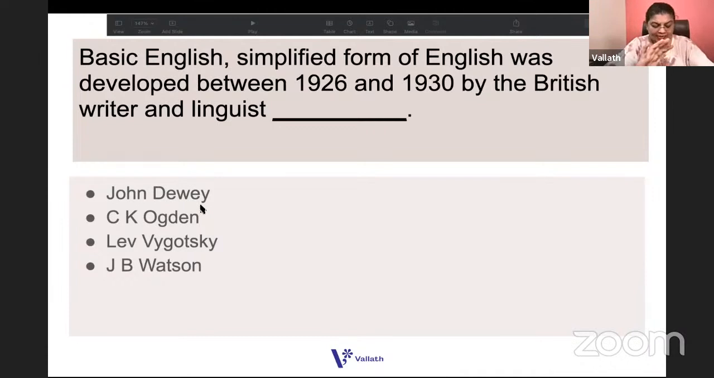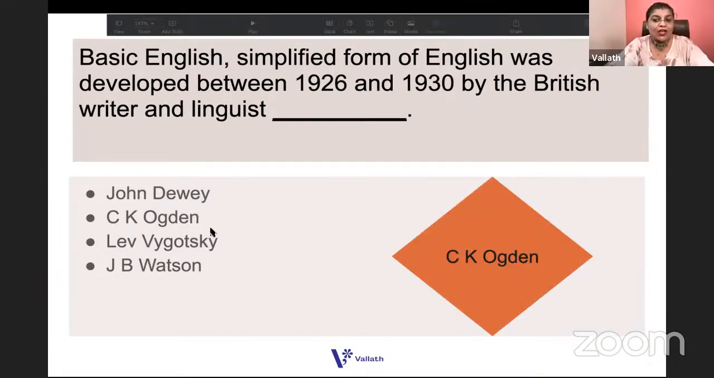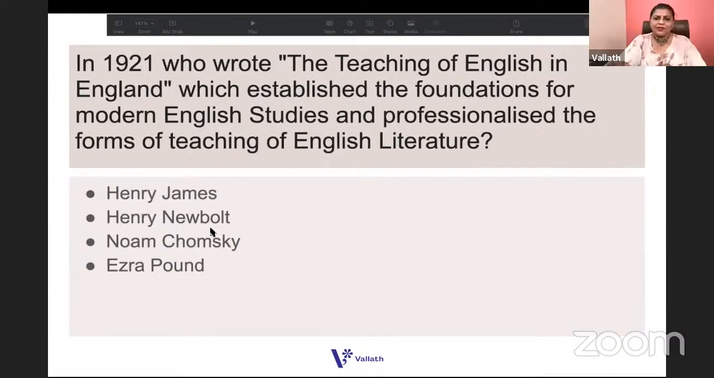And it has only 850 words. Who developed it? Is it John Dewey, C.K. Ogden, Lev Vygotsky, J.B. Watson? It is C.K. Ogden along with I.A. Richards. C.K. Ogden and I.A. Richards developed Basic English. In 1921, somebody wrote The Teaching of English in England, which established the foundations of modern